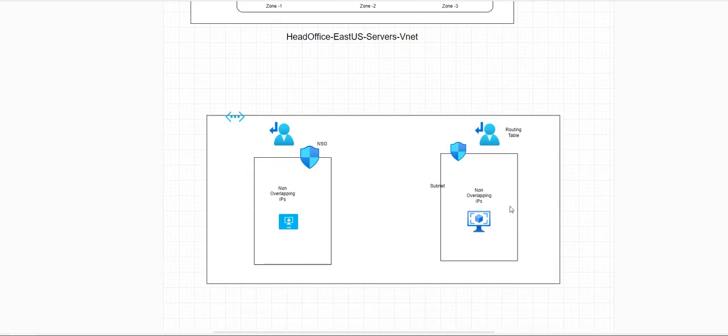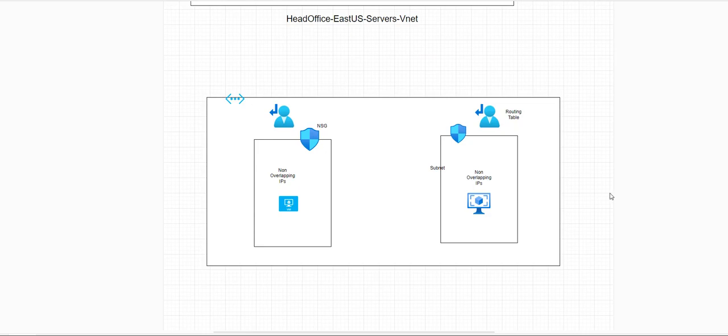And then inside the VNet, if you go further under subnets, you can have network security groups. This is like a firewalling sort of thing for each individual subnet or each individual network card. So you can apply network security groups. And also, when you're creating subnets,